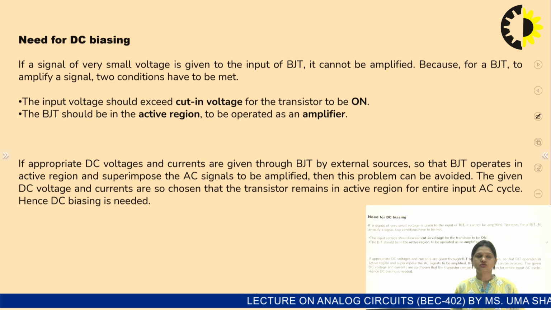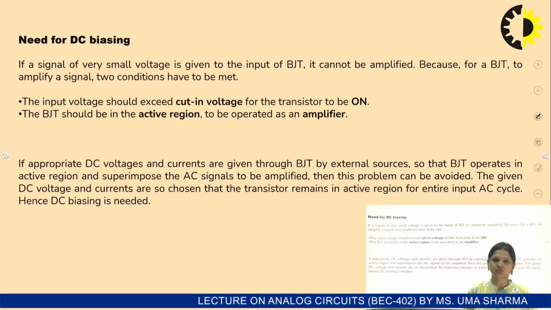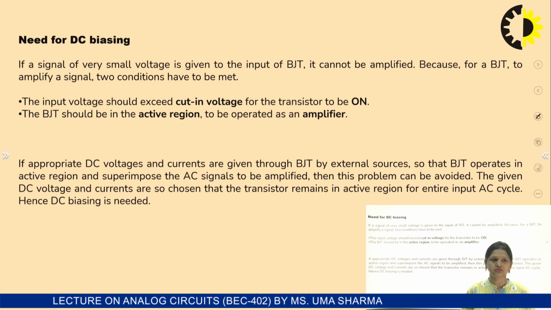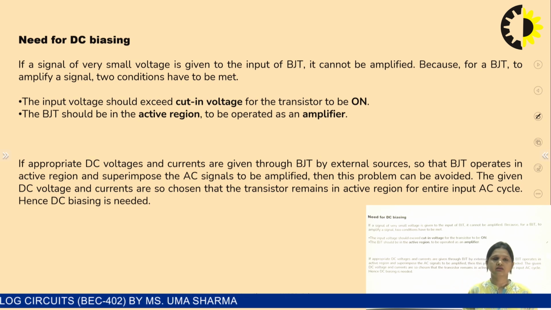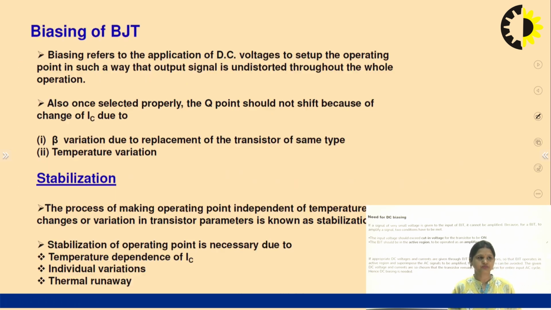If we don't apply this minimum amount of voltage for the biasing of the emitter base junction and collector base junction, the device will never enter the active region, and it will be in the cutoff region, so no current will flow and we cannot design any application. So basically the need of biasing arises to operate our device in the desired operating region.